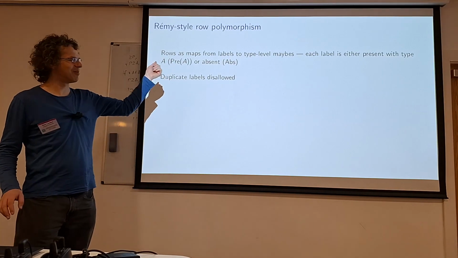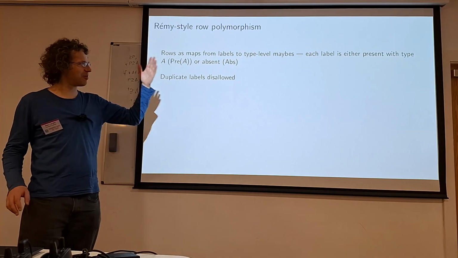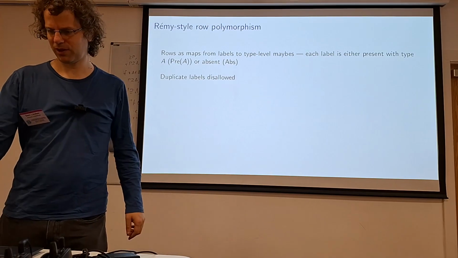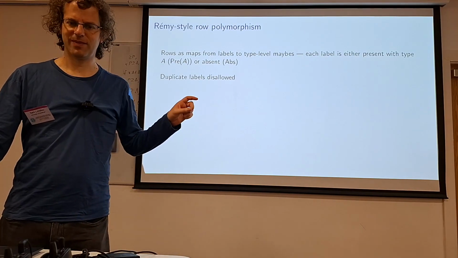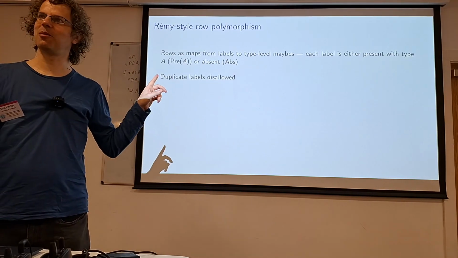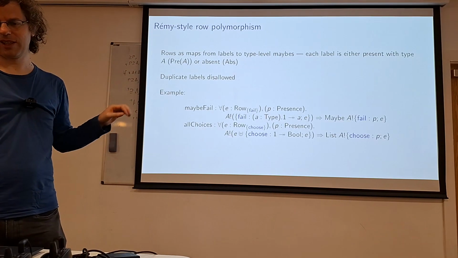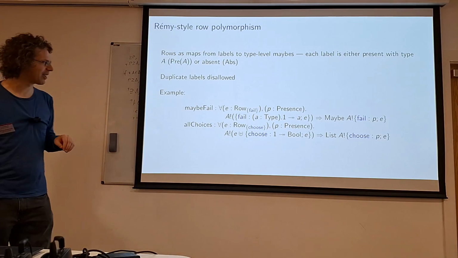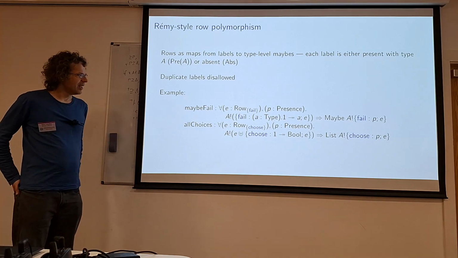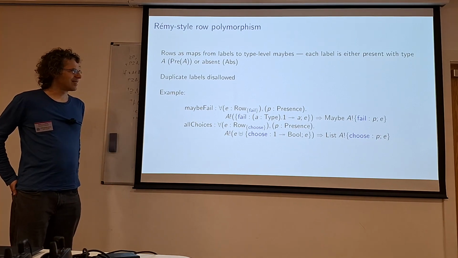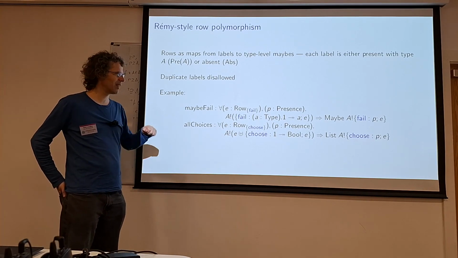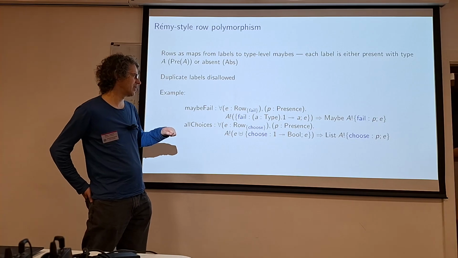Given this is a map, a function mapping labels to something, you're not allowed to have duplicates of these labels. But we'll see that the other form of row polymorphism actually does allow duplicates. So going back to those examples, in the Remy style, as well as having